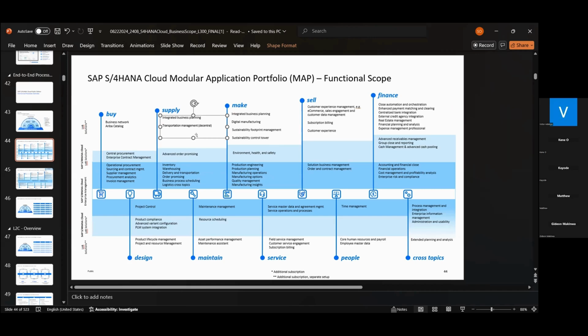How do you receive goods? How do you deliver? Is it by air? Is it by road? Even different routes, right? Different transportation lanes. We support that in the system. The advanced available-to-promise.